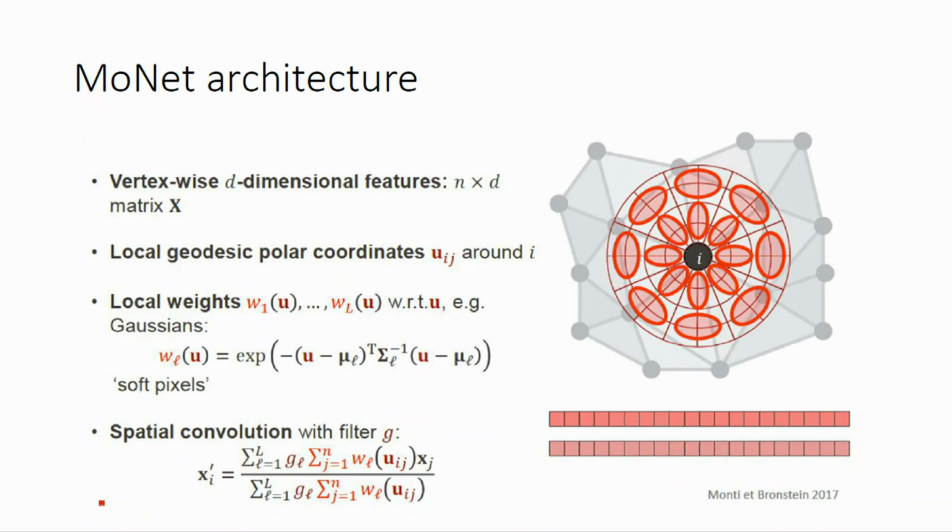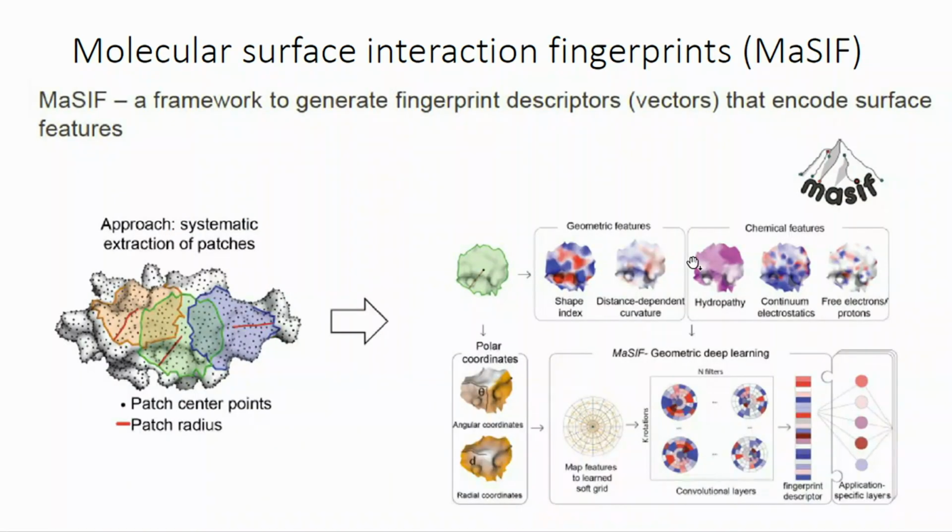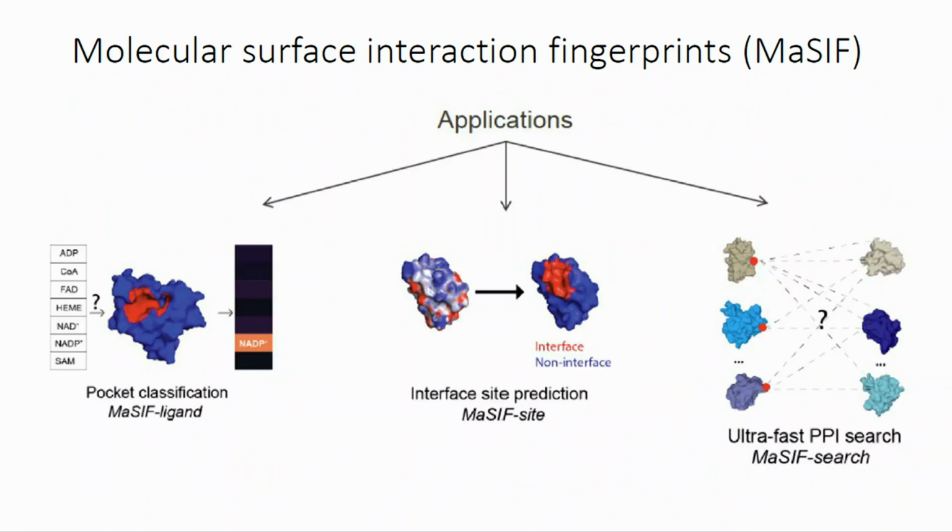With this kind of spatial convolution, we'll be able to get local features. When we apply a very similar architecture to the protein surface, we're able to define local feature vectors or tensors that resemble the local shapes and curvature information of the surface. And they found that using these small fingerprints of the protein surface, they were able to categorize and retrieve surfaces, and compare surfaces, with very high efficiency. So there are multiple different applications of this.